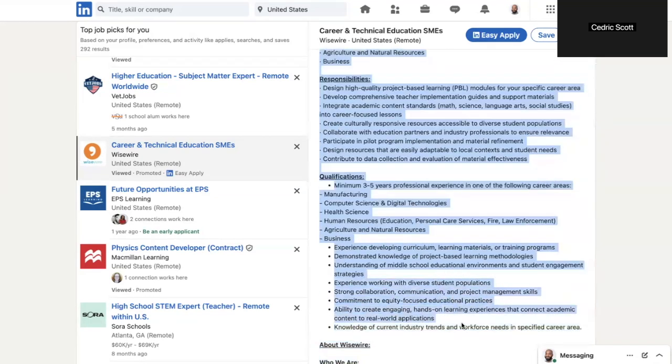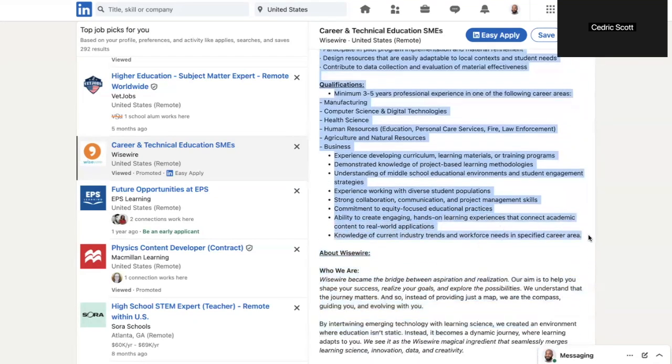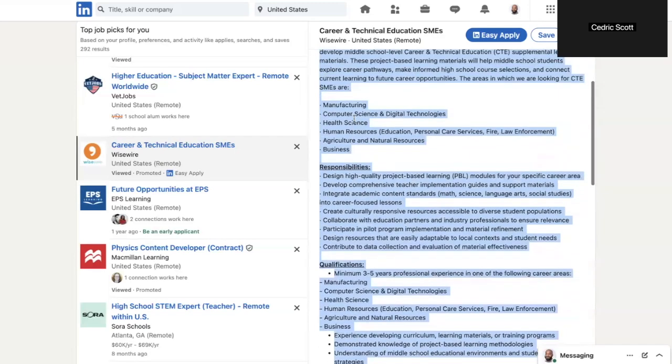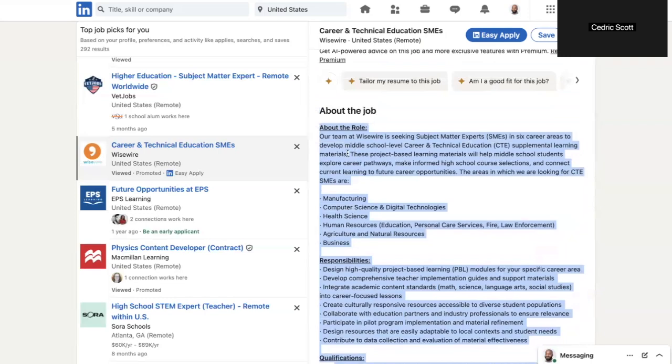So I'm going to take this information, the qualifications. We can use the about the company information, but what I would more so use this portion for would be the cover letter, so that you can speak directly to the actual company or organization whenever you create your cover letter as to why you're the best candidate for the role. But for the resume, I'm just going to take the description. So I'm going to copy and paste this,